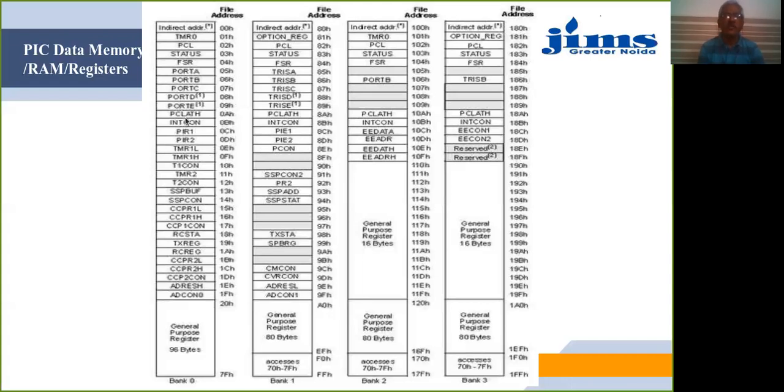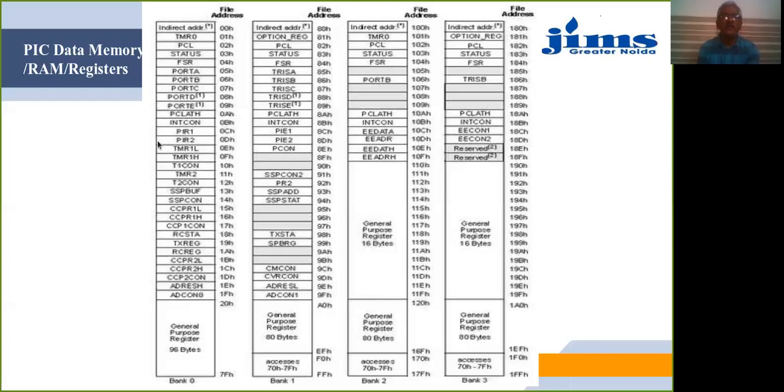So we have the interrupt registers here: INTCON, PIR1, PIR2, PIE1 and PIE2. You can have a look here that you have the INTCON in all the four banks of the registers, so that necessary settings can be done for each of the banks.